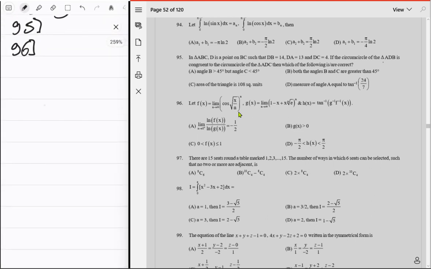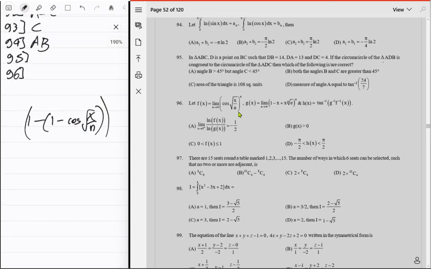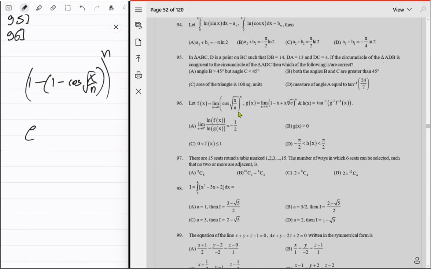So yeah, just one minus cosine of, जो भी चीज है, cosine of square root of x upon n, इसकी power n, and then this is like e power, because you know the thing, right? You just have to do one upon that thing, and then ये अपना plus h वाली चीज है, so just one upon h and then h itself, so just negative n times 1 minus cosine of square root of x upon n. You can think like this is just equal to 2 sine square of square root of x upon n, उसका आधा,